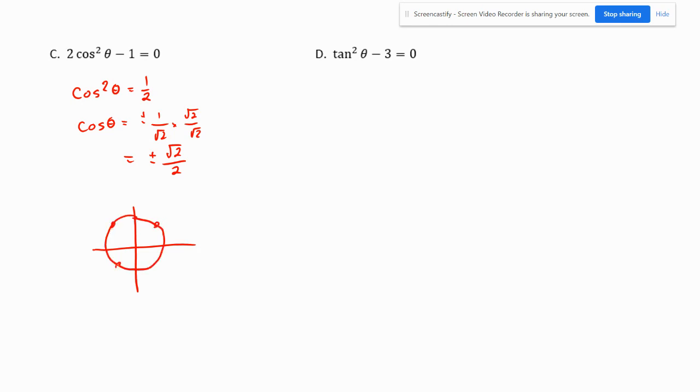This happens here, here, here, and here. This is 45. This is 135 degrees. This is 225 degrees. And this is 315 degrees. What you want to notice between these guys is they're all 90 degrees apart. Plus 90 takes me to here, plus 90 takes me to here, plus 90 takes me to here, and so forth. So my general solution is going to be 45 degrees plus 90 degrees n, where n is an integer,